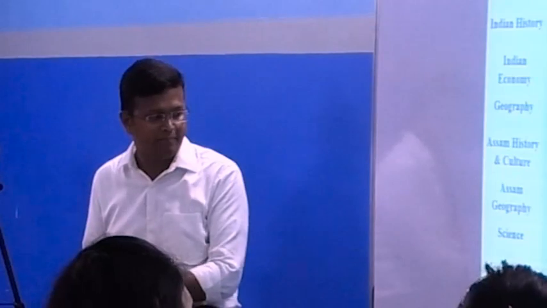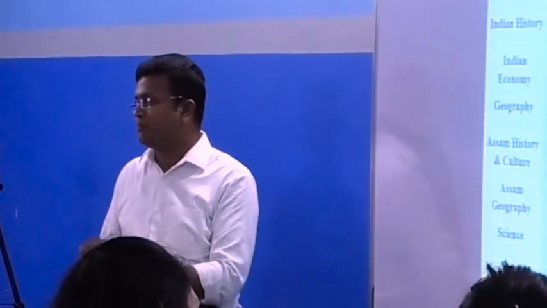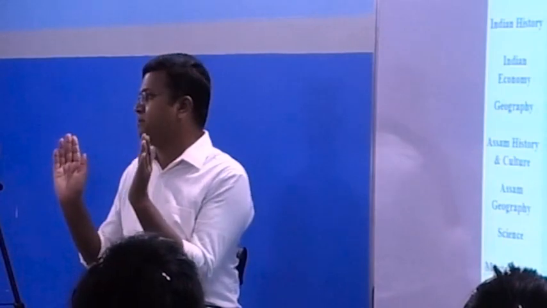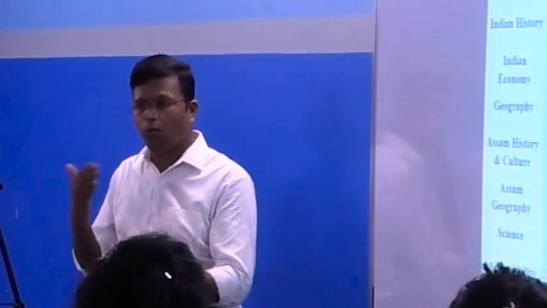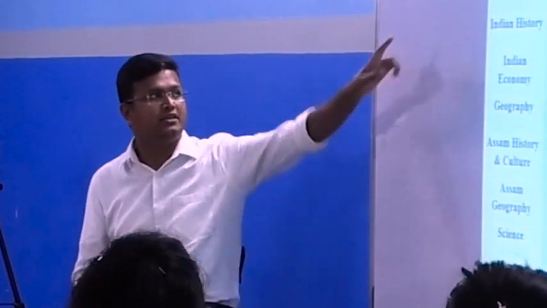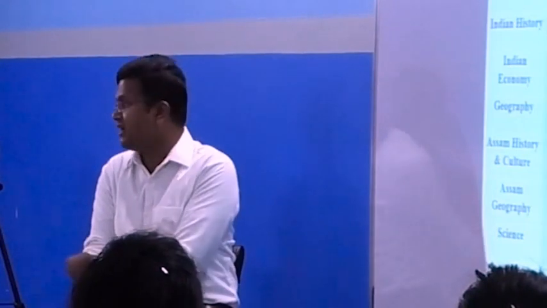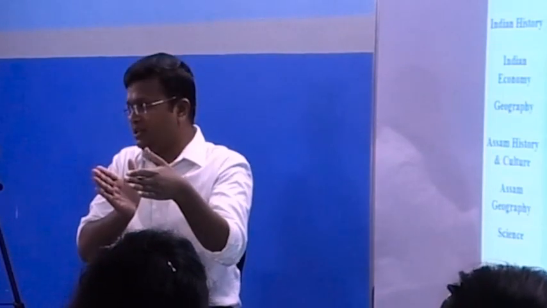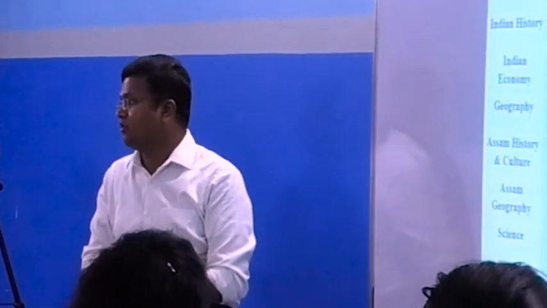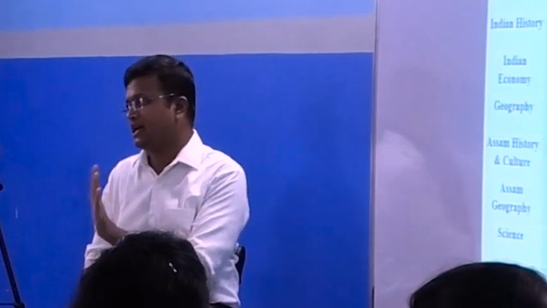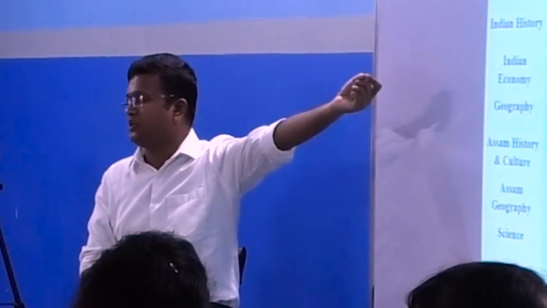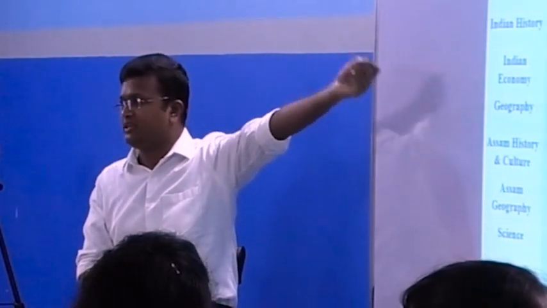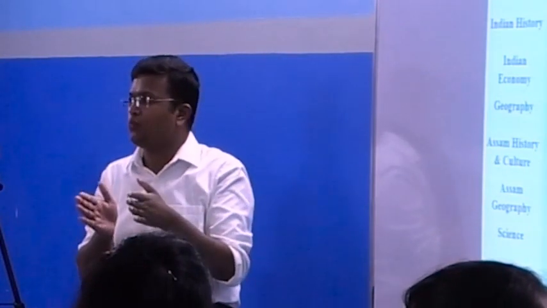Then science and technology, mental ability, current affairs, and others. From my point of view, these are the standard books people are using. But what I have done personally, I am teaching here Indian polity, Indian history, and Indian economy, and for these I have prepared my own material using all these standard materials. For example, Indian polity of Rashmikan will be around 500 to 600 pages. I summarize that, along with the Indian polity material of Sriram's IAS, into 150 pages.